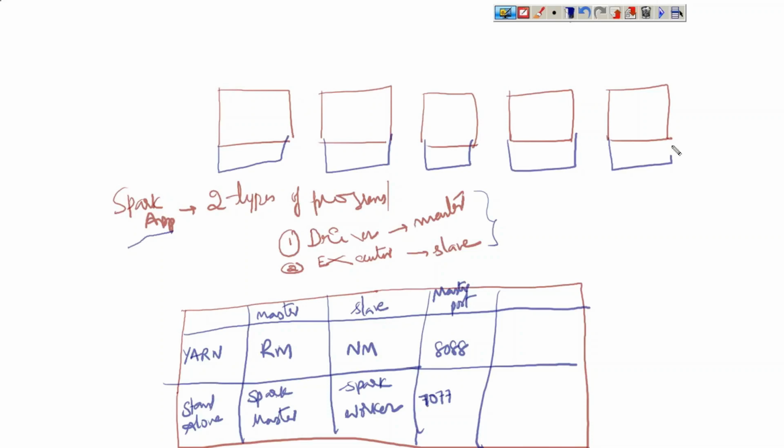These are some nodes, and let us say some blocks are there. Let us assume this is the HDFS B3, B4, and B5. Now when we submit this Spark application, whether it is a YARN cluster resource or a standalone cluster, just don't worry about that. Whatever the type of cluster, it can be YARN or a standalone cluster.